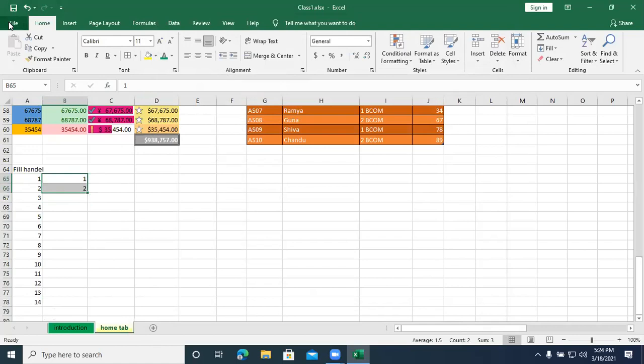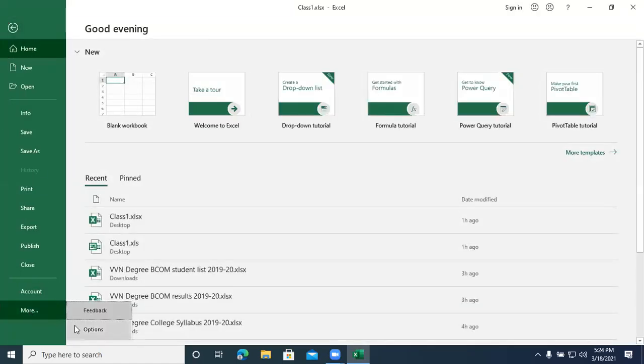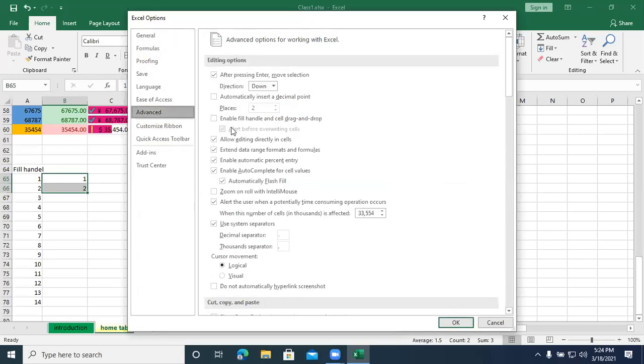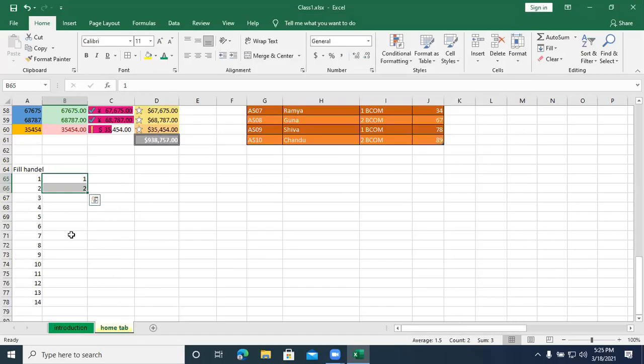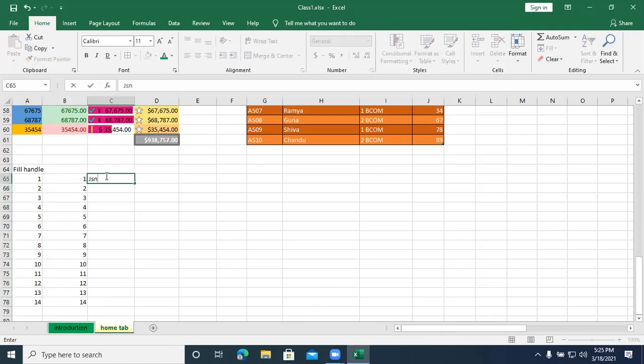How do I enable it? Come back to the file menu, options, advanced, enable fill handle and cell drag and drop. Click OK. Now it is possible for you to drag and drop. Not only the numbers, it is even possible to enter month, day,